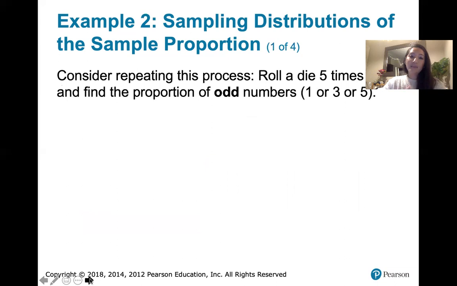Okay, so that last example was very similar to what you'll see in your homework. This example is a little bit better as far as showing you what this process can do for you, showing you what a sampling distribution of a sample proportion actually tells you. So let's say you're repeating this process. You roll a die 5 times, and then you count the number of odd numbers, or you find not just the number of odd numbers, but the proportion of odd numbers. So if you're rolling a die 5 times,